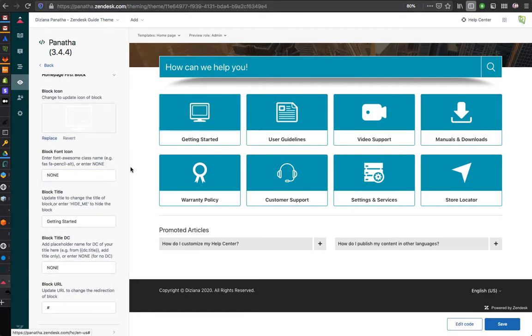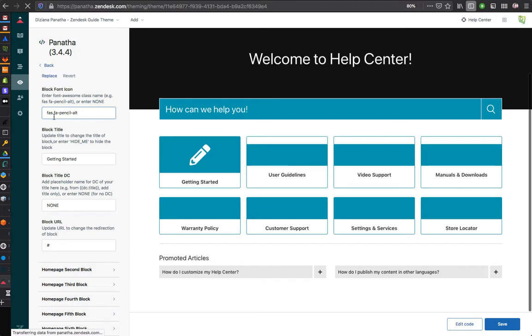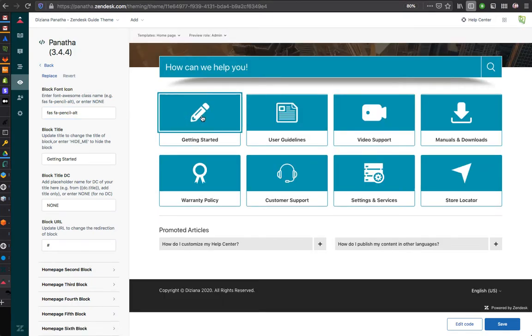If you don't want to use an image and you want to use an icon font library called Font Awesome, which is very popular and, I think, open source or Creative Commons licensed, there are different font icons, and they generally have names like this. You can go to fontawesome.com to learn more about it, and you can just type something like this. That is the name of the font icon, it starts with FA, pencil alt, something like that, and you can see this icon has changed. And I can just type another icon I use for demo, it's called FA.